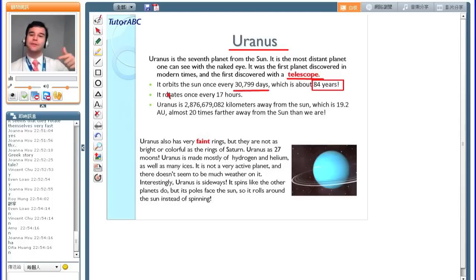It rotates once every 17 hours. So this is much closer to Earth. 我们地球是转是一次是24个小时。我们刚刚说的那个木星、土星是10个小时、12个小时，那很快。可是这个 Uranus 的天王星是跟我们地球比较像，比较慢。Here's the distance. 这是这里的距离